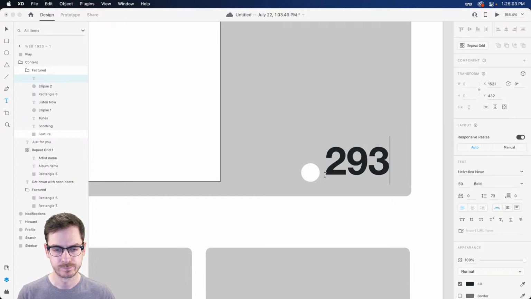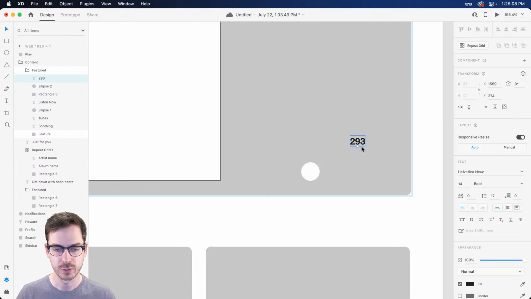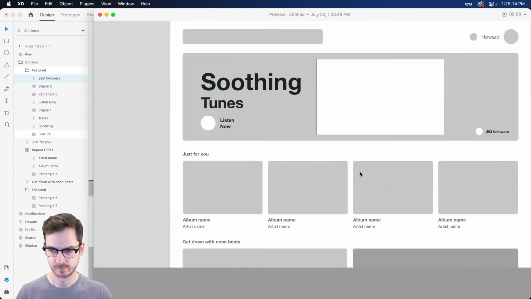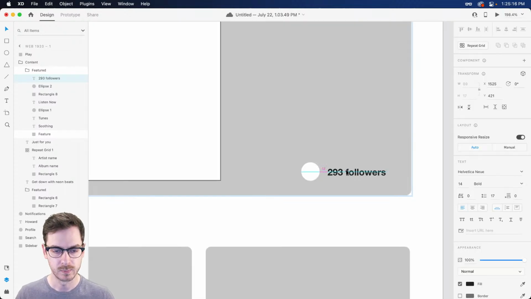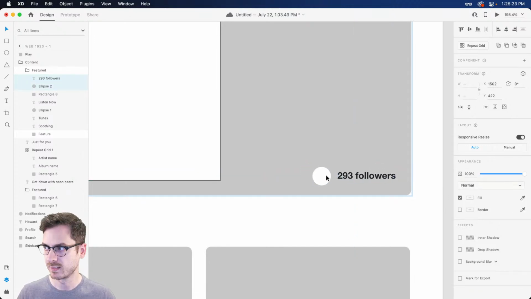And then it's very large. Definitely don't want it that large. Something like that, right? That could work. And I'll place it somewhere right about here.